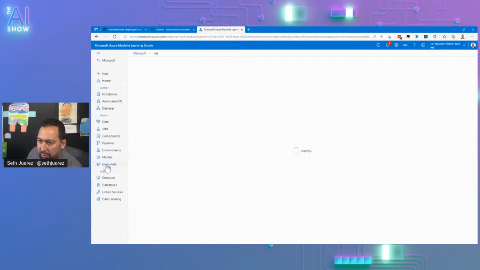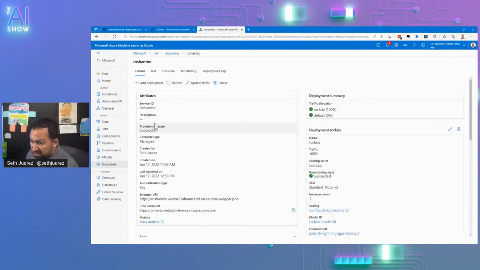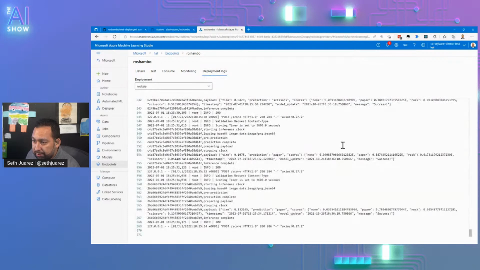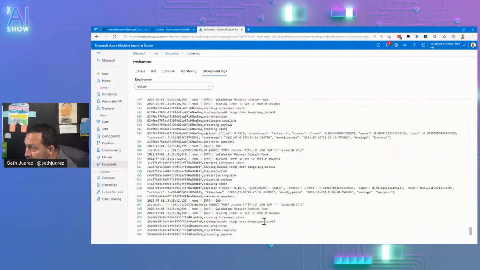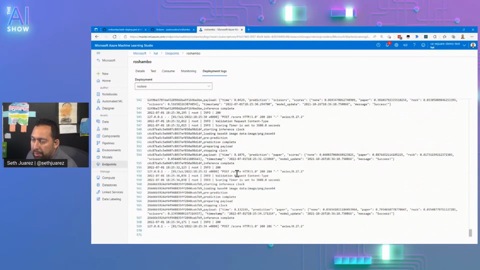Let's go to our endpoints here. I think we're pointing it at Rochambeau. We sure did. Deployment logs. Yeah, see? Some of you yahoos indeed went in there. Oh no, it's just me. It's just me.